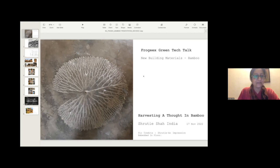I'm going to talk about my experience of how I have used bamboo and green fibers as a part of both my teaching as well as my practice. I come from India, and that part of India where there are many other fibers that are available to us. To name a few, we have coconut fiber, banana fiber, sugarcane fiber, seaweeds. India is a large country, and we have a biodiversity which is really immense,